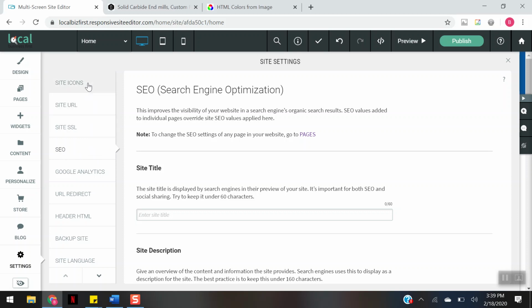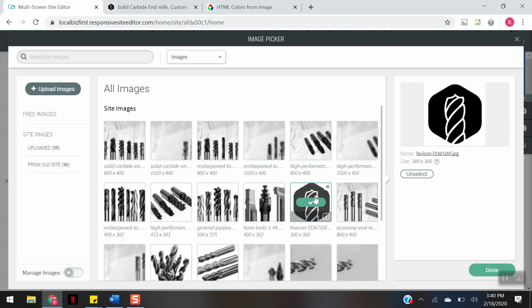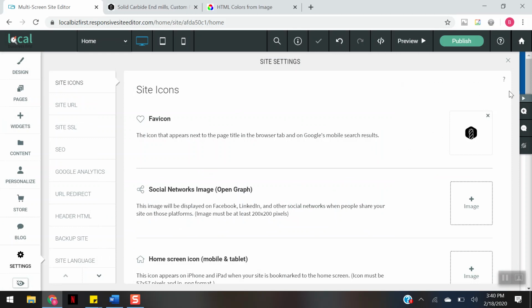In addition to that, I just wanted to briefly show the site icons, and this is kind of some afterthoughts, I guess, but also really important, such as the favicon. So this is the little picture that comes up. You can kind of see it up here from my old website. And that just helps with your branding and has your logo out a bit more. So I'm going to go ahead and just add that really quickly before I publish my site.